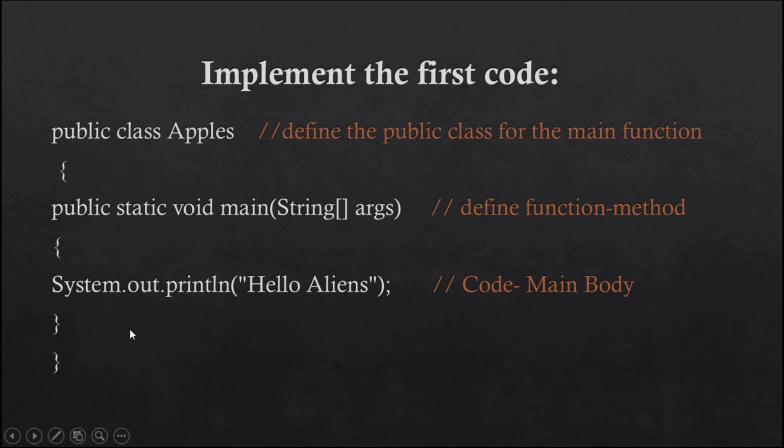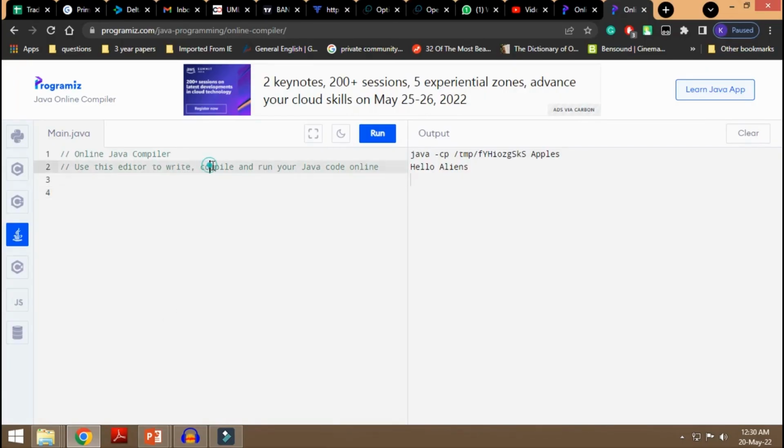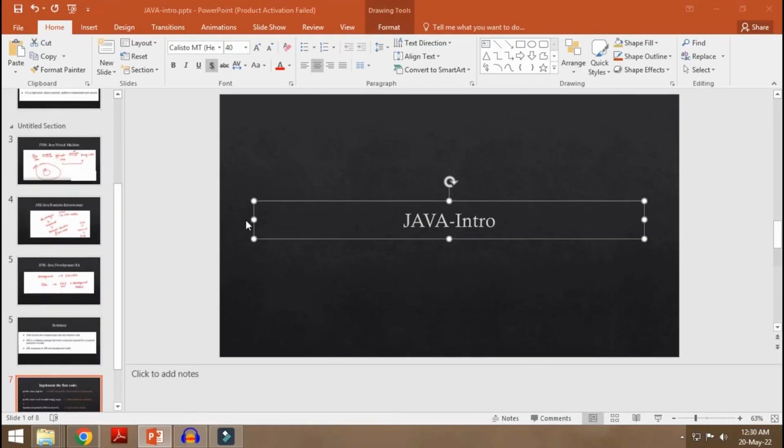Let me also show you how it looks when we execute this code. I will open up my Java. Let me quickly copy this code, because I don't want to waste your time.